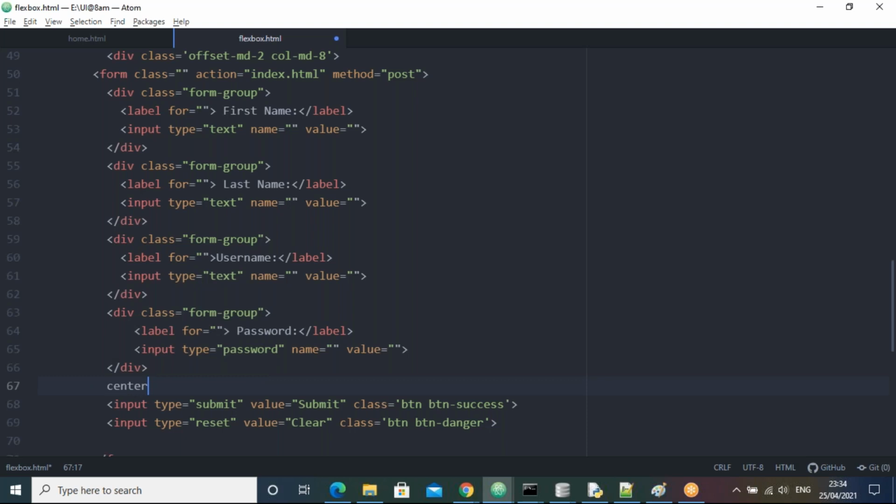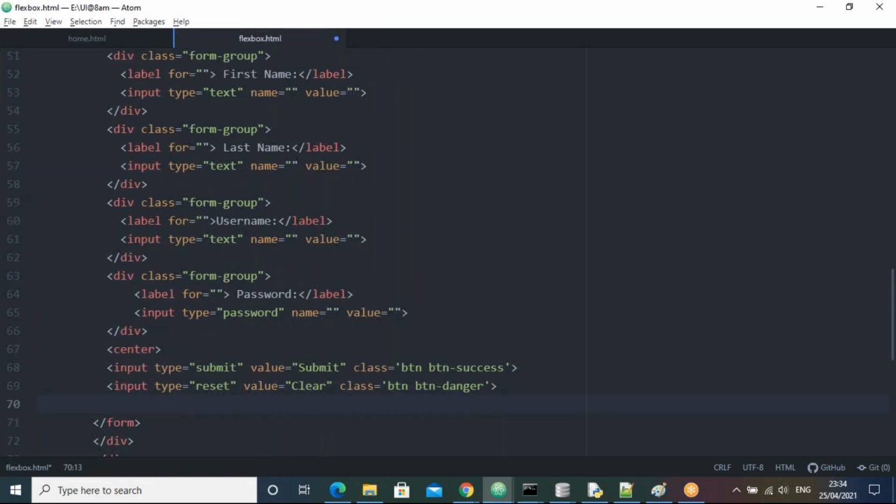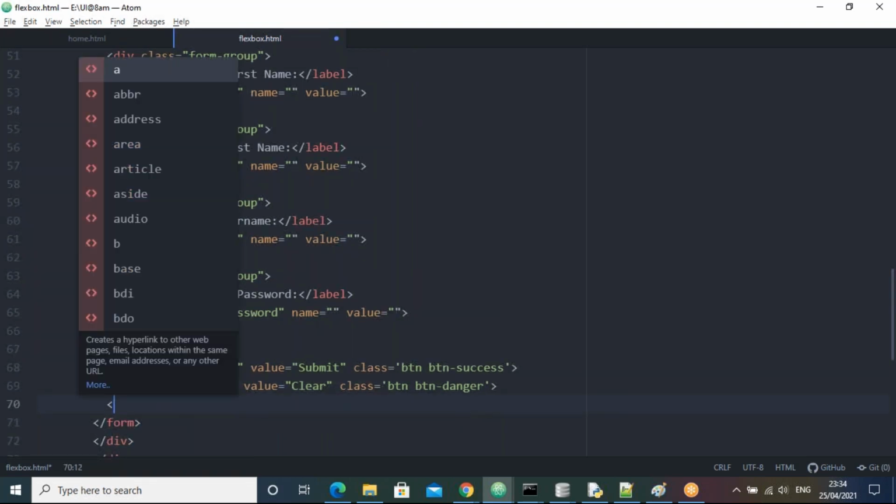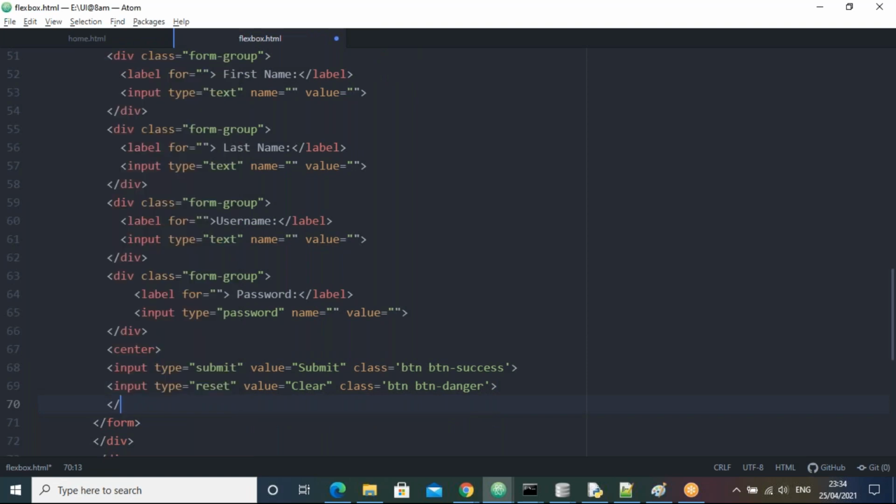By using that, we also got things at the center. Now all of you observe, presently I'm taking the center, but you try justify content applying here. Will all of you try that one or not?